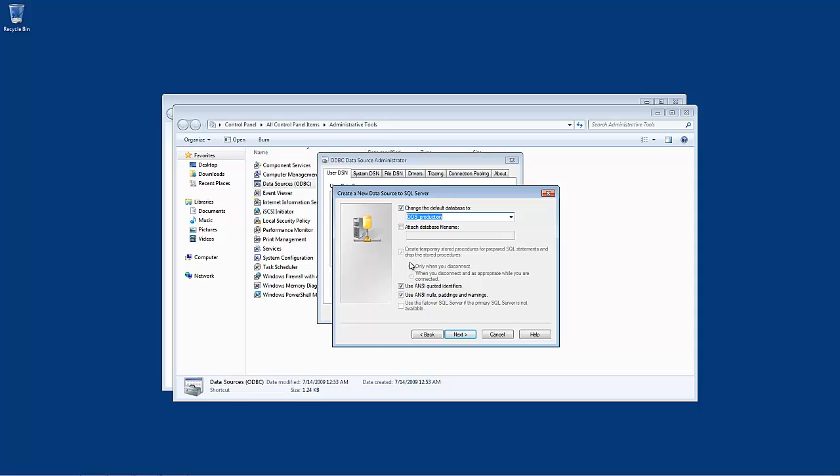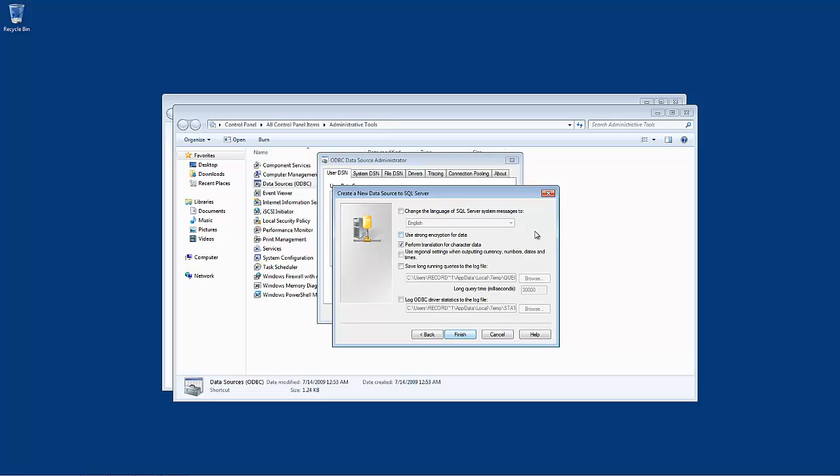We don't need to change any of the other settings on this page. We just click Next. The next page, we don't need to change anything here either. Now we don't have a Next button. We're at the end, and so we can click the Finish button now,